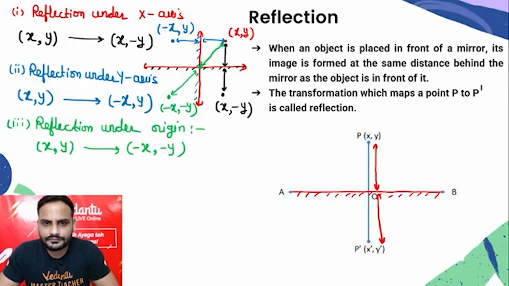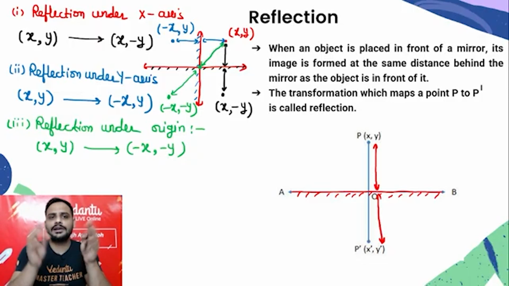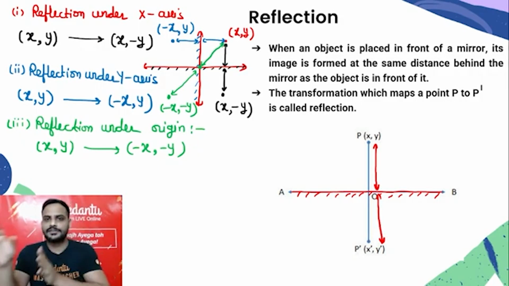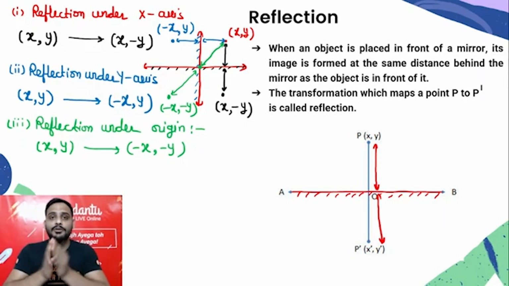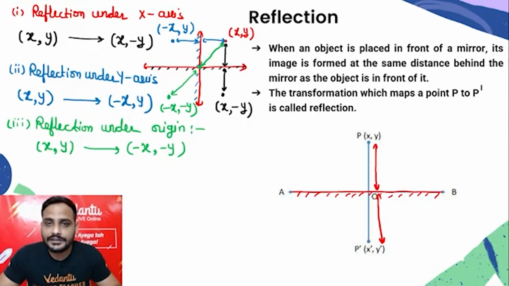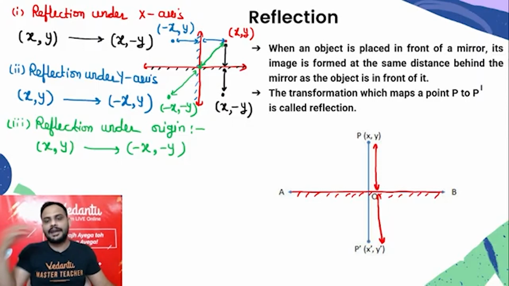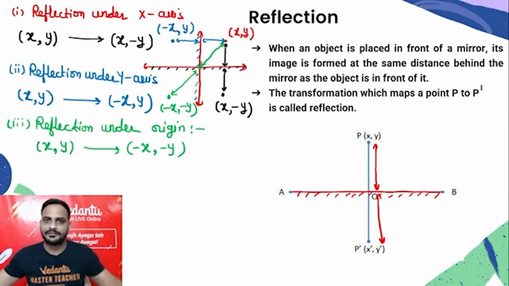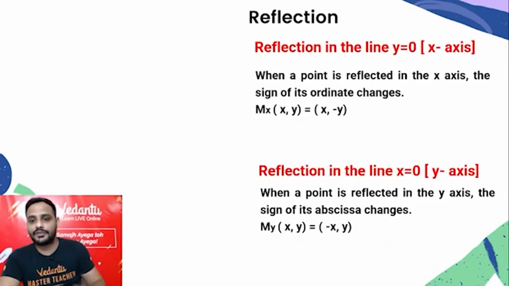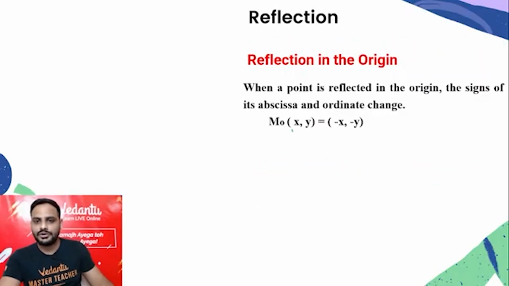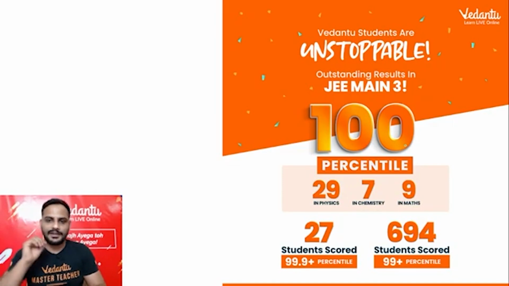Easy? Clear? So if we talk about the reflection under the x-axis, the y coordinate will change its sign. If we talk about the reflection under the y-axis, the x coordinate will change its sign. And if we talk about the reflection under the origin, both x and y coordinates will change their sign. Easy? Clear? Alright, let's look at some questions now. Before I go for that, this transformation you need to learn. Easy? We'll talk about the invariant points as well, but before I go ahead guys, let me tell you